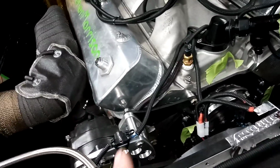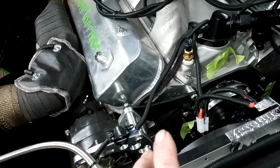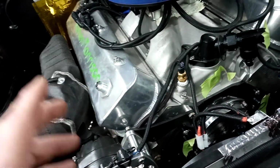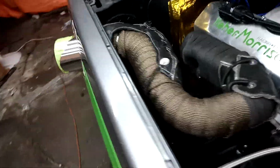But I may just go ahead and go with the black ones, because literally the only thing keeping me from firing this up right now is putting the AN lines on everything, putting coolant in it, training lines on it, and then put fuel in the cell and light it off. So